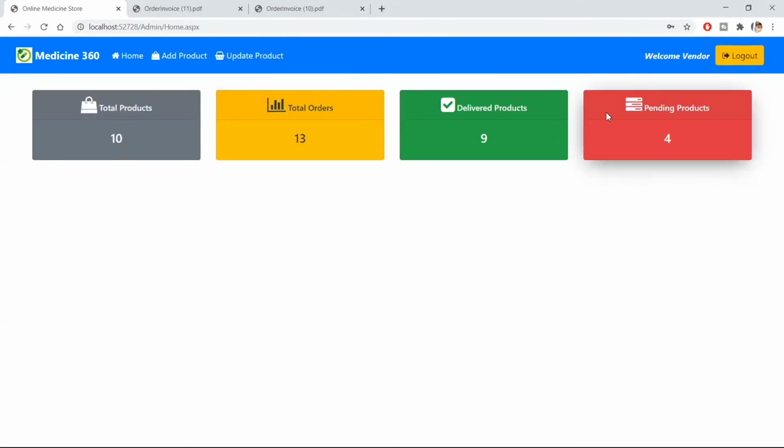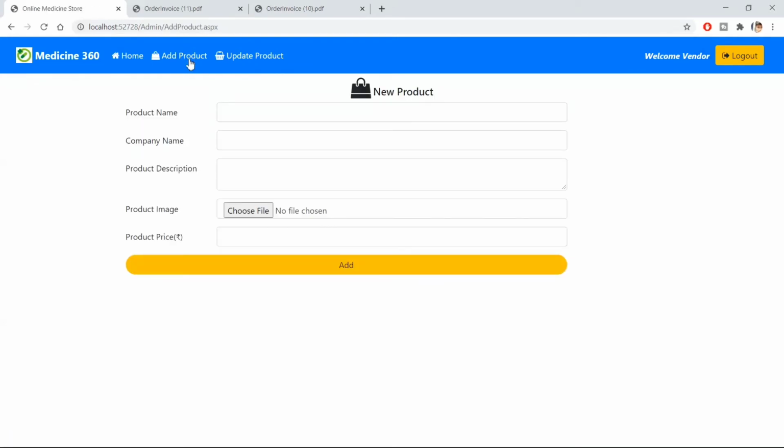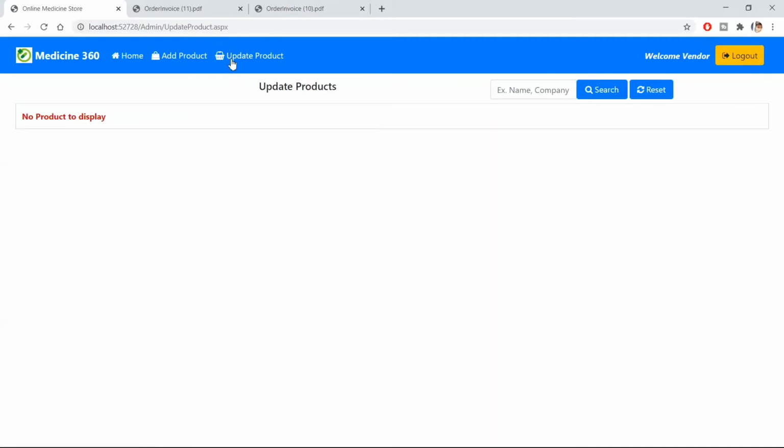So now this login will be as vendor login. You can see here, welcome vendor. This is our home page. Here vendor can add the product as well as update the product, but only the products that have been added by him will be reflected.